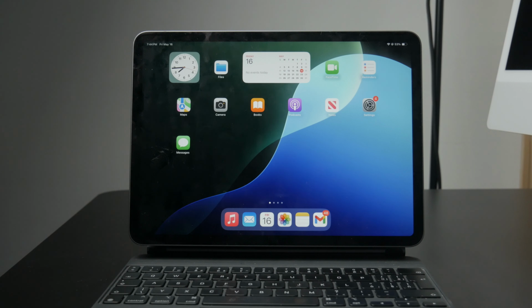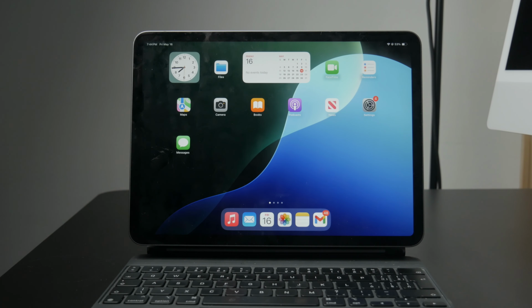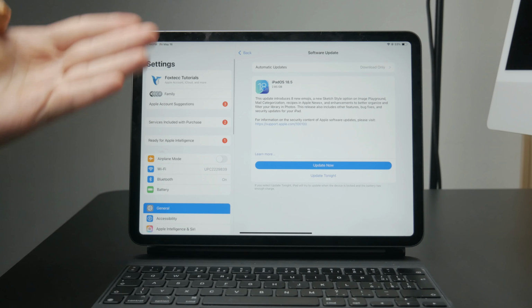In this video, I'll show you how to manage your iCloud storage on the iPad so you can stay organized and avoid running out of space. iCloud storage is virtual storage that comes with every Apple account. Everyone gets 5 gigabytes for free, and it's used to back up things like your photos, messages, app data, and